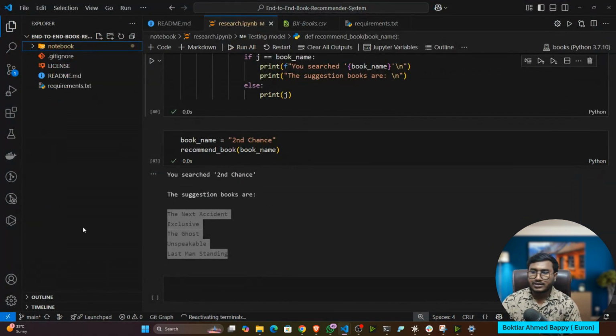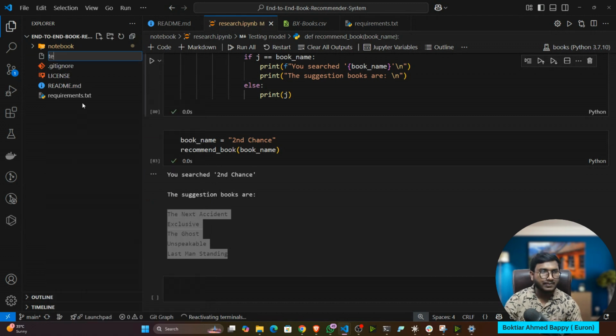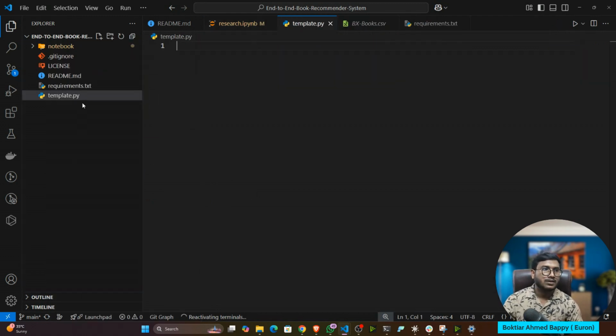So for our project also, we need a project folder structure. Now, how to create it? I always follow one approach. You can use a bash script, but for that you need a bash terminal. Those who don't want to use a bash script can create a Python file named template.py, and inside that we'll write a simple Python logic.